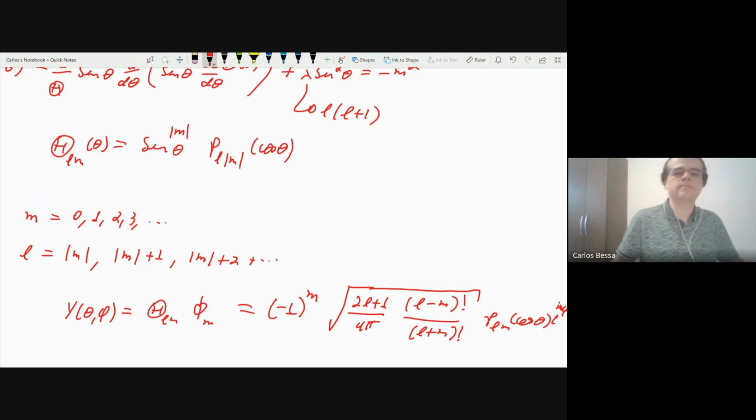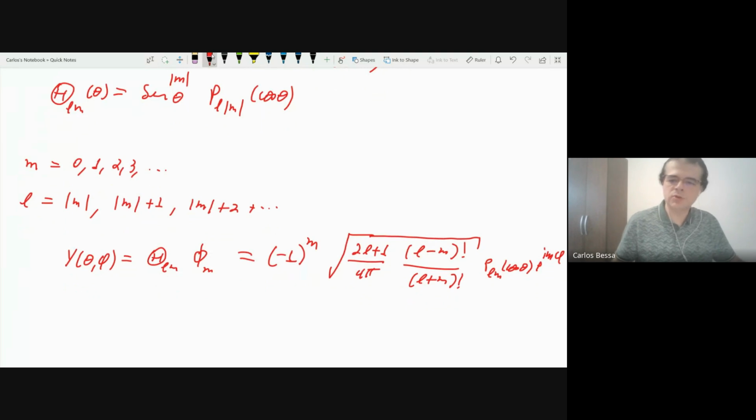Okay. Let me just fix this. All right, this is smaller. P L M of cosine exponential i m phi. Where this P, this is the equation 763 in the Nielsen-Schwann, and this P L M is defined like x. This is where x is any value, would be the cosine of theta. So it's given by this